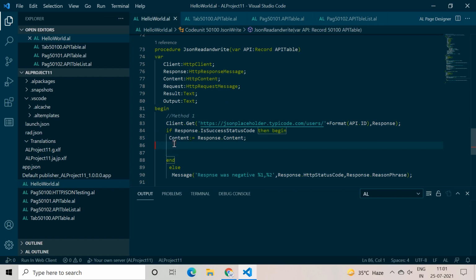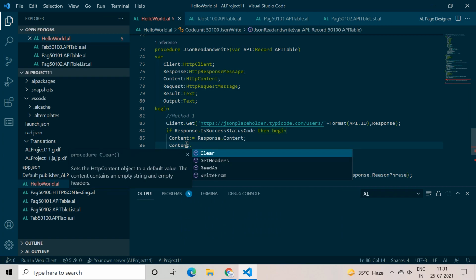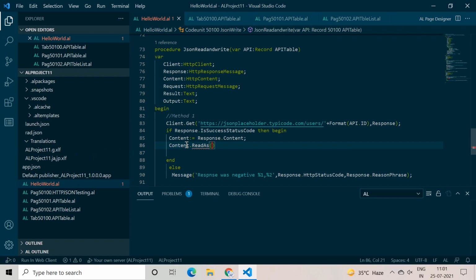Whatever results we have are stored here in the content. Next, we want to read the content available in this HTTP content object into this result text field. Whatever content is available in the HTTP content, we have now successfully passed to this result text.